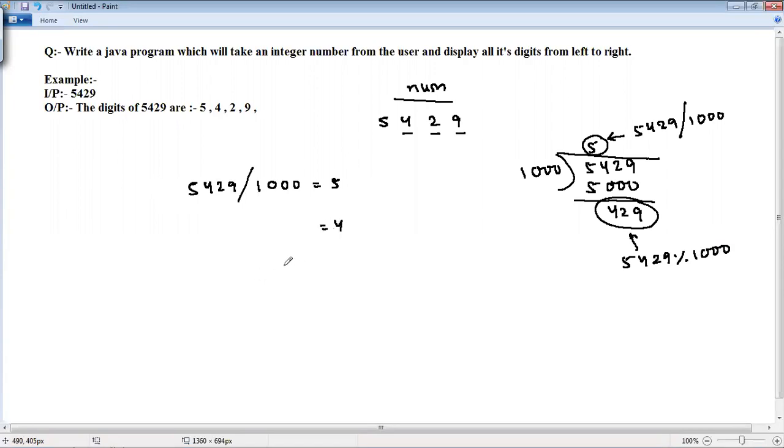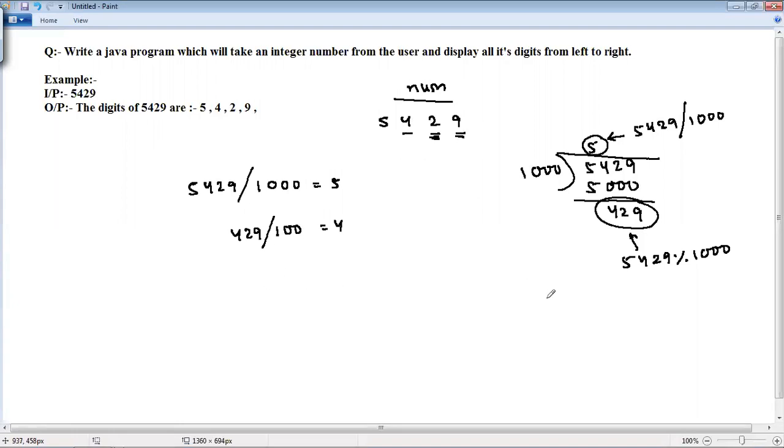Now you tell me how to extract the digit 4. See, 429. If we leave this 5, what are the digits? 429. 429 divided by what? After 4, how many digits are there? 2 and 9, 2 digits. So after 1, put 2 zeros.